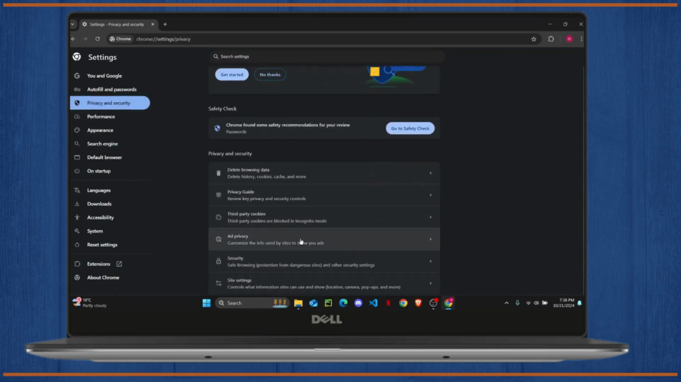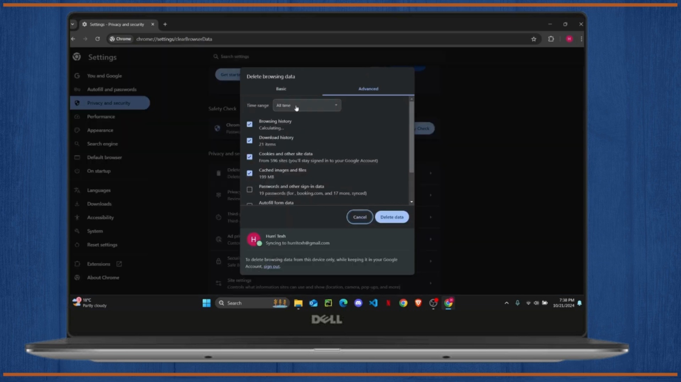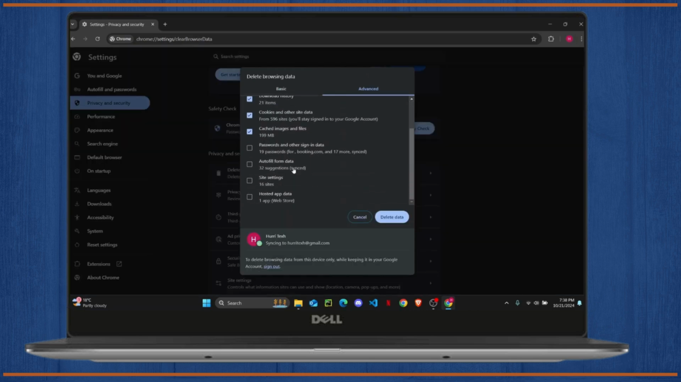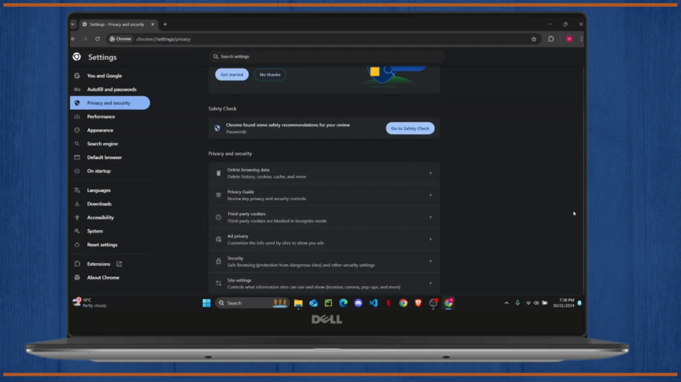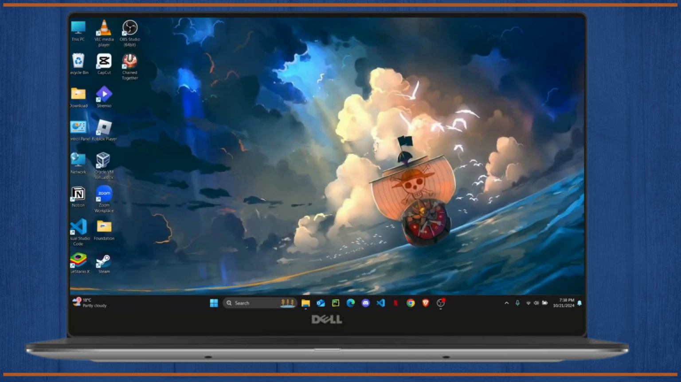Here you will have to clear your browsing data. You can choose all time, and you can even choose your password and autofill as well, and then click on delete data. Once you do this, you can close this tab, and now what you're going to do is open